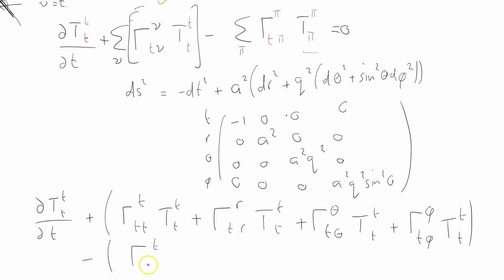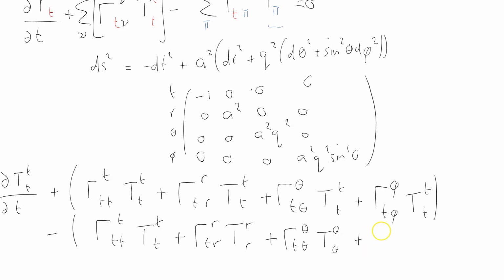So it's t, plus, and then pi equals r, t r, pi equals theta now, t theta, pi equals theta, plus Christoffel symbol phi t phi,